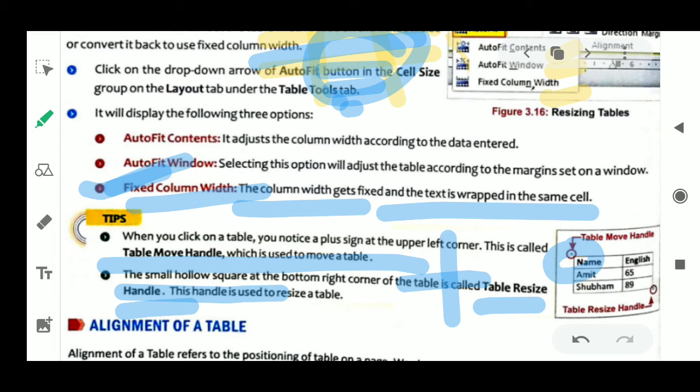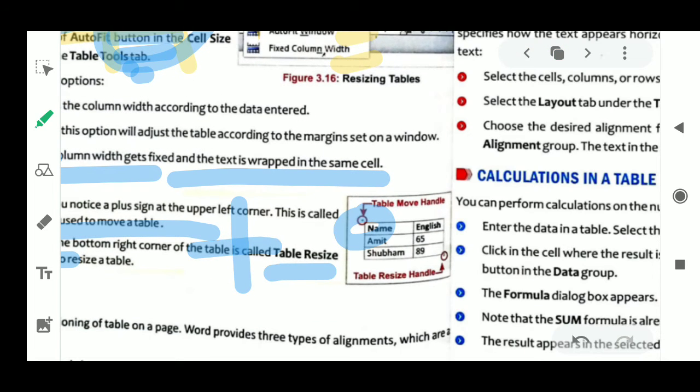Here is the table resize handle, and this is your table move handle. This handle is used to move the table, and this handle is used to resize your table.